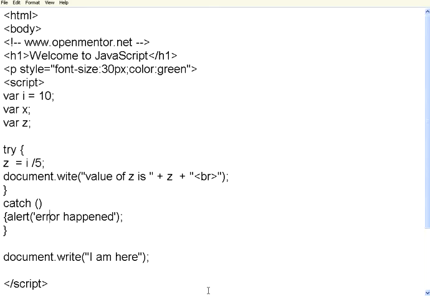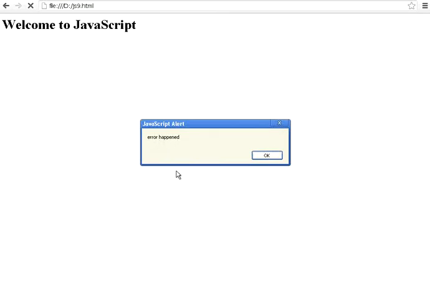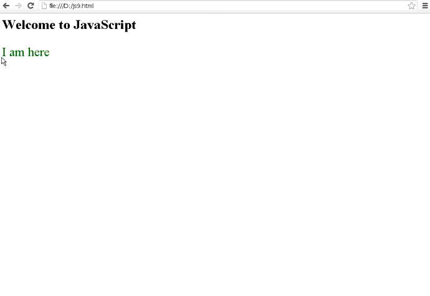Let us see what happens over here. Now I need to have this ERR in this one. So this is a variable. This is a built-in variable that we used to use. Let us see. Now you see error happened. That alert box came. But this code is in the catch block. The catch block will not get executed normally. Only when there is a problem in the try block, the code in the catch block will get executed. Till then it will never get executed. Now it is doing this. It has opened up this alert box. When I click OK, look here. The subsequent statements are not ignored.